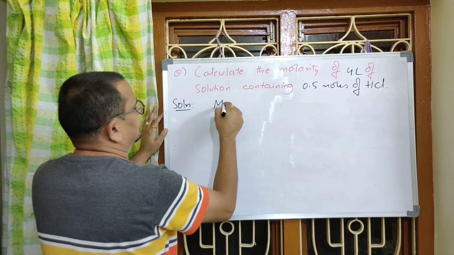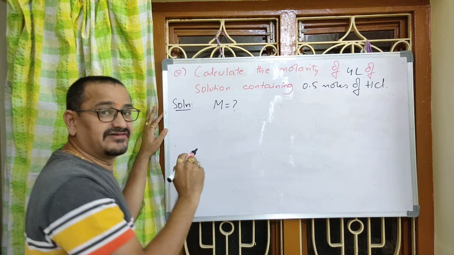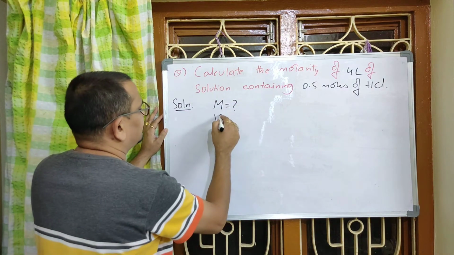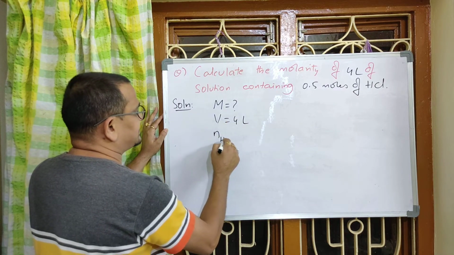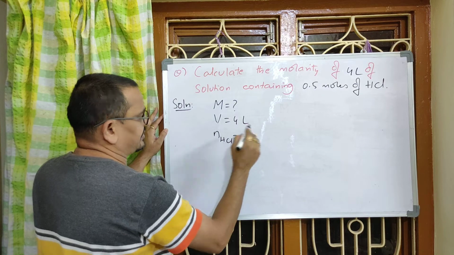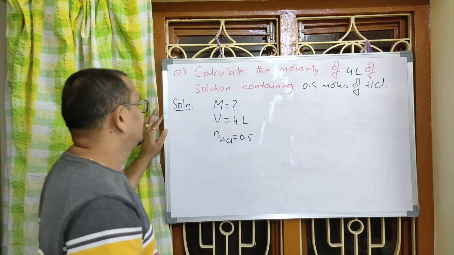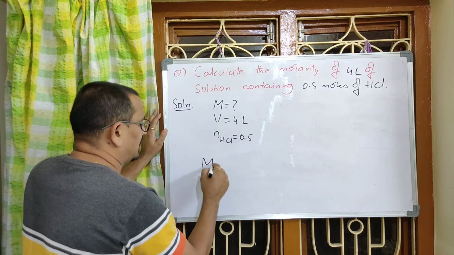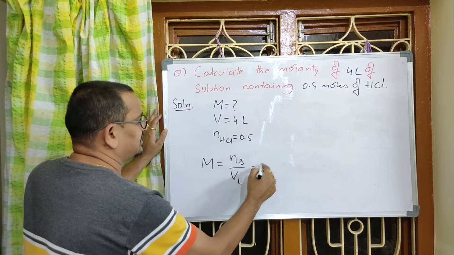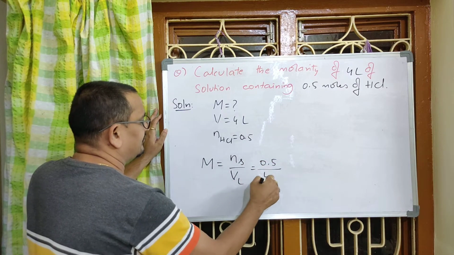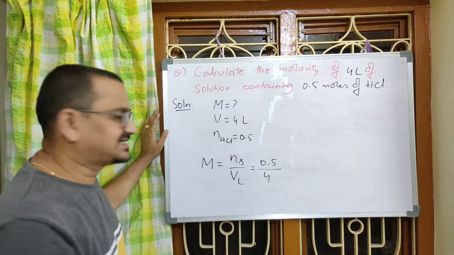Molarity is asked to calculate. Question mark. This is a value to be determined. And volume of the solution is given in liters, 4 liters. And number of moles of HCl solute is 0.5. Right? Now, what's the formula between them? Molarity equals number of moles of solute by volume of solution given in liters. 0.5 by 4. Yes,